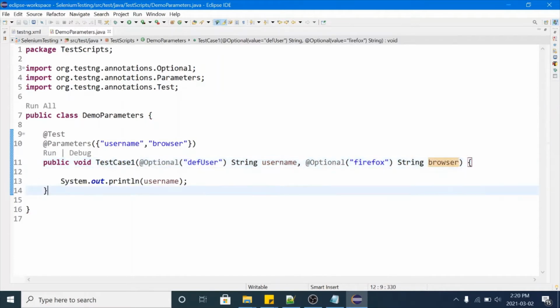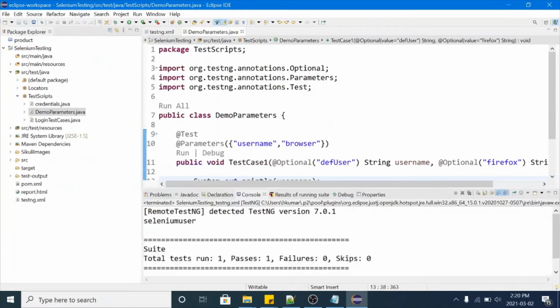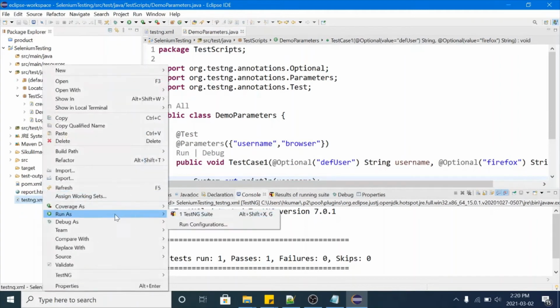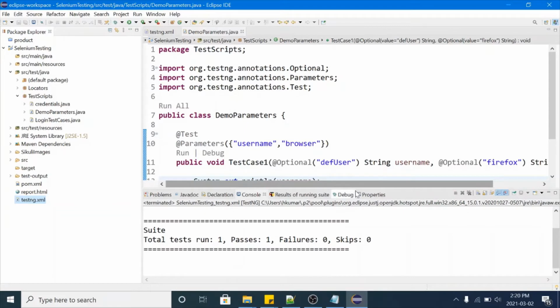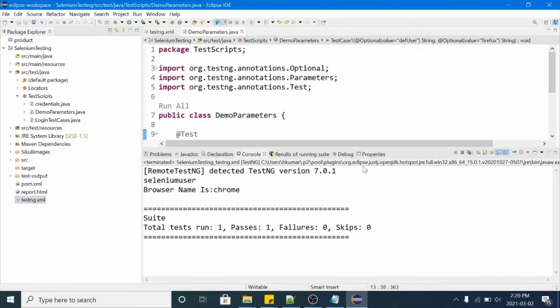Now we will print this. Browser name is, and we will print this browser value. Let's run the script and see the output. Have a look.